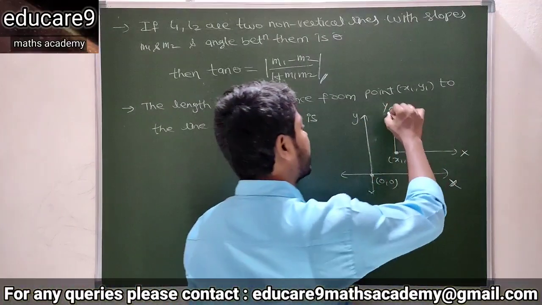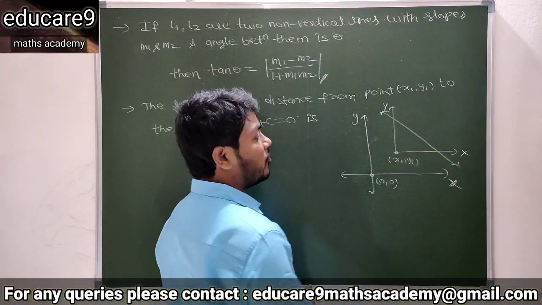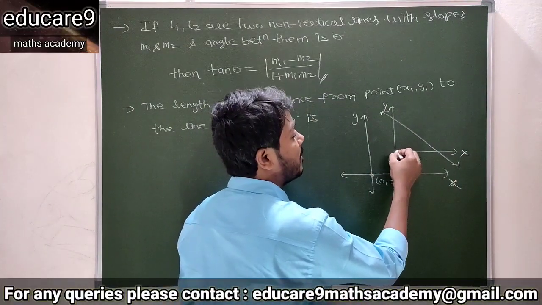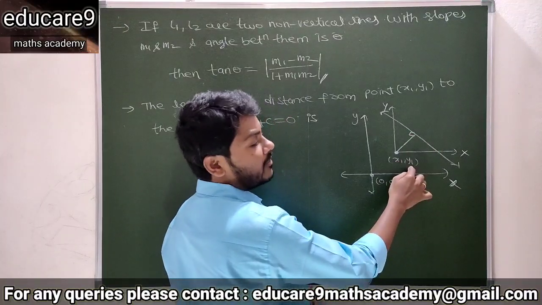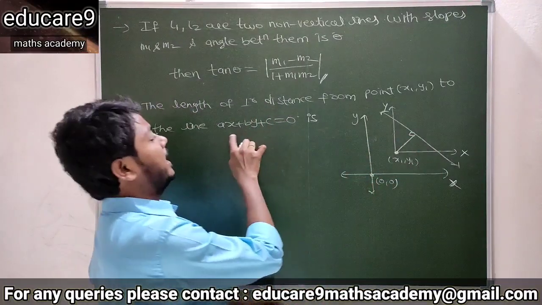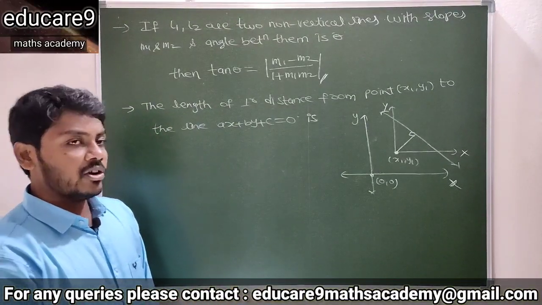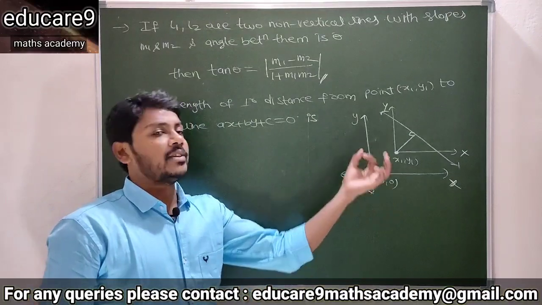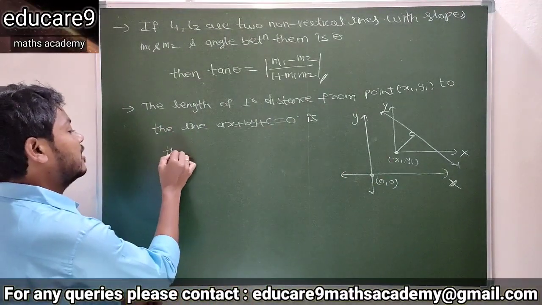Now this is any straight line. You need to find the perpendicular distance from the point x1 comma y1 to the line ax plus by plus c equals to 0. So clearly you know that if the origin is shifted to some point x1 comma y1, then